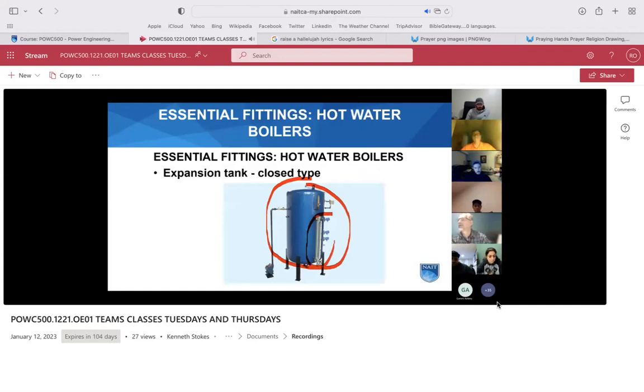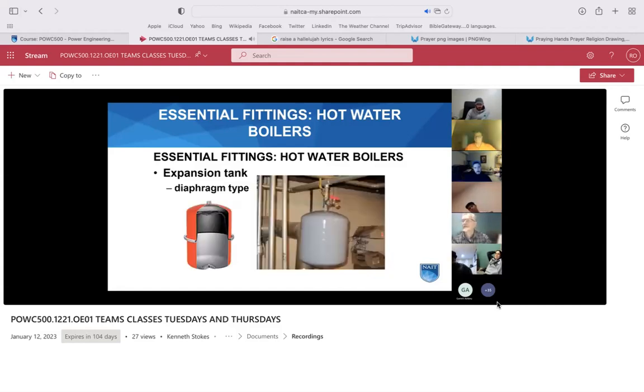Closed type will possibly look like this with a gauge glass on it. A closed type expansion tank should be partially filled with water and partially filled with air. And, rule of thumb, half and half. Diaphragm type will be partially filled with water, partially filled with pressurized air or other gas. Sometimes these are pressurized with nitrogen. It has a diaphragm